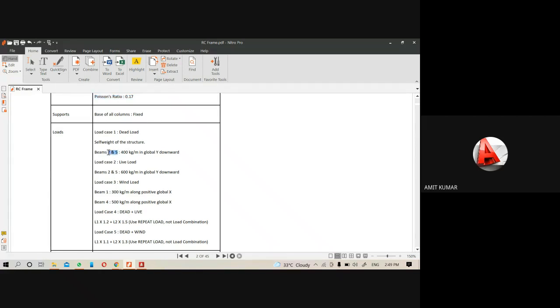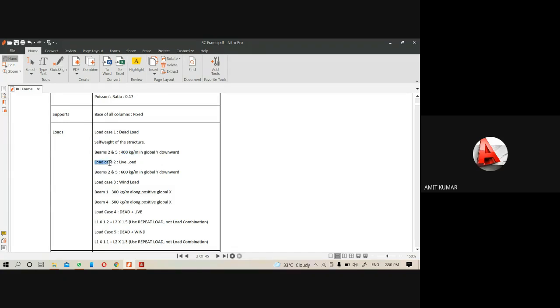On beam number 2 and 5, there is a 400 kg per meter load. This is not kilonewton. It is a 400 kg per meter load along the global Y downwards. Due to gravity, it will be downwards. Then after, it is the dead load of that particular structure.